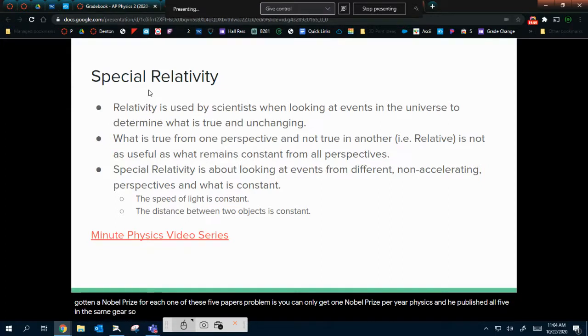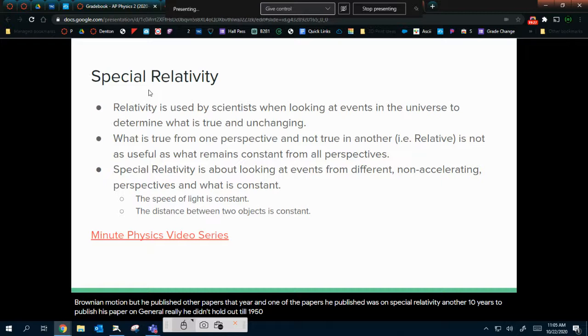The one he actually got the Nobel Prize for is stuff you probably have never heard of. Like, I believe it was on Brownian motion, but he published other papers that year. And one of the papers he published was on special relativity. It took him another 10 years to publish his paper on general relativity. He didn't publish that until